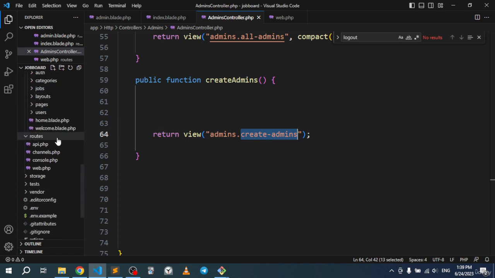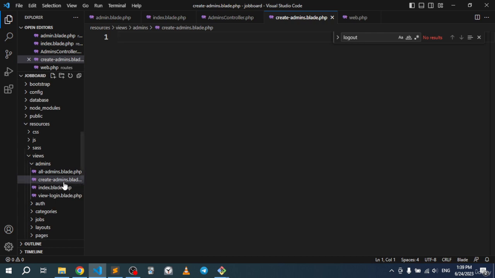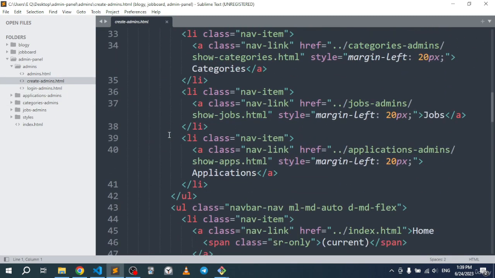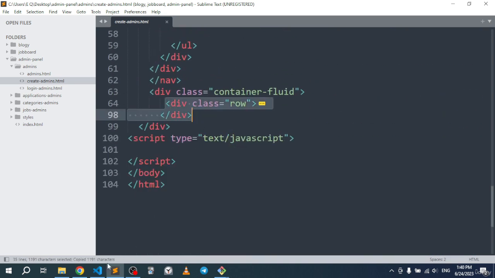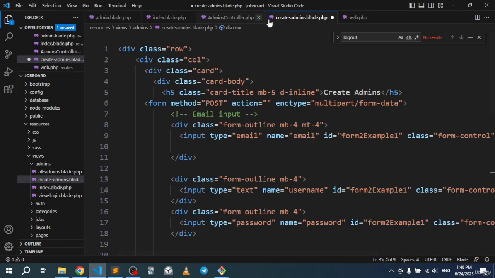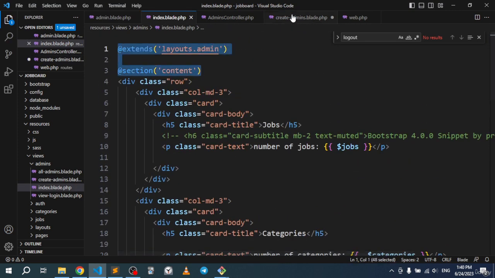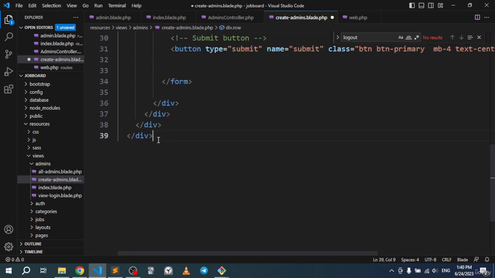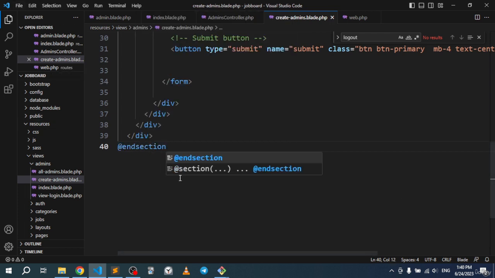All right, so let's paste this in, and let's go blade.php. All right, so as you can see right over here, let's go to create dash admins right here, and if we go down at the bottom, and let's pick up this row, and let's paste right over here. All right, so I want to go right now, and I want to actually grab the link. I want to grab the extend part. All right, so let's go down. Let's go up and paste this in, and let's end this section. And let's go right here and section like that. All right, let's save this whole thing,